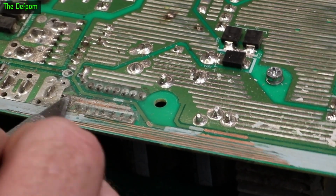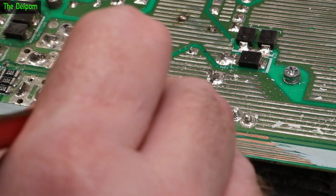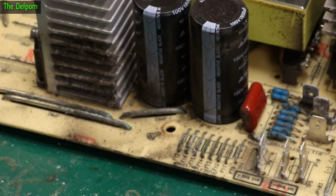Definitely dirty. Definitely got lots of corrosion around there. Even this side as well. And then the actual jumpers on the other side look like that. Also corroded and stuff, so